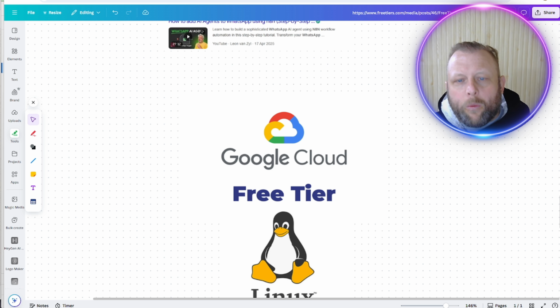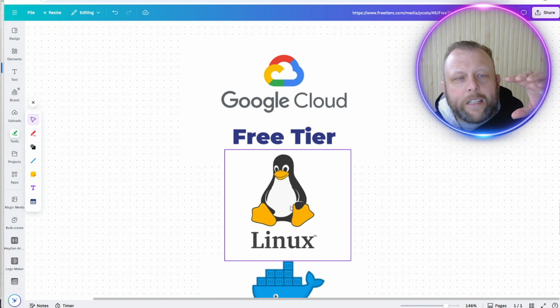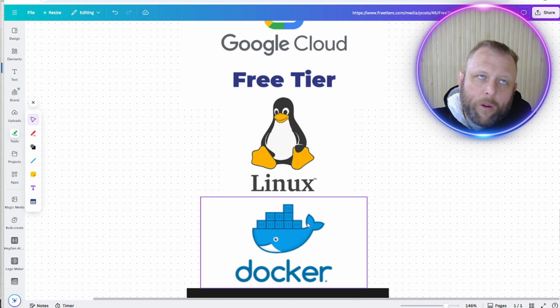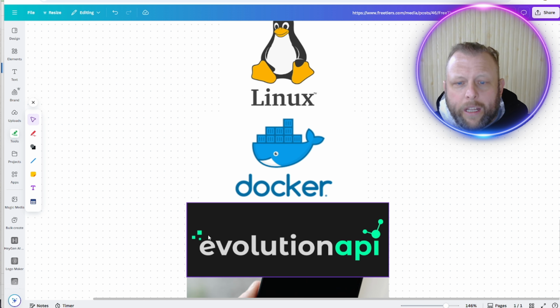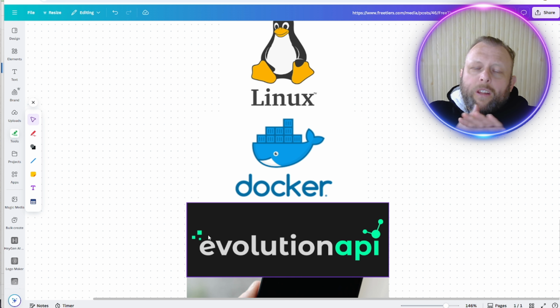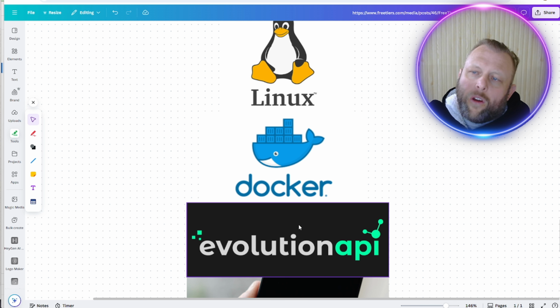And what we're going to do is you're going to have your free platform. It's going to run Linux. We're going to take Linux, and on top of Linux, we are going to add a program called Docker. We'll go through what it is a little bit. We'll have a preset application, which is called the Evolution API. The Evolution API allows us to connect your phone to it, and then from there on, we're going to be able to message backwards and forwards,